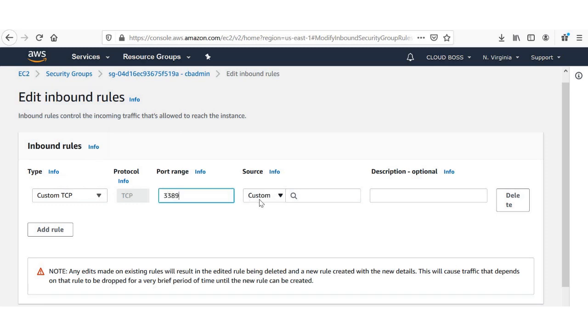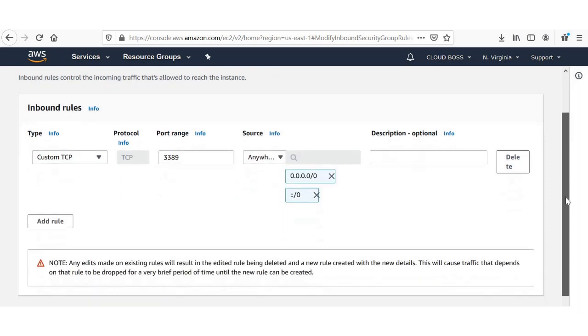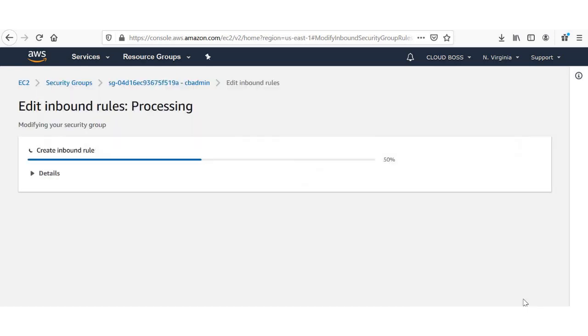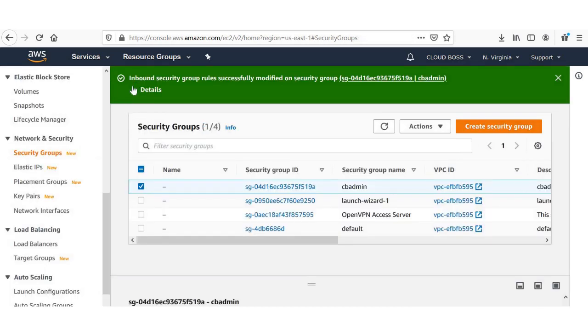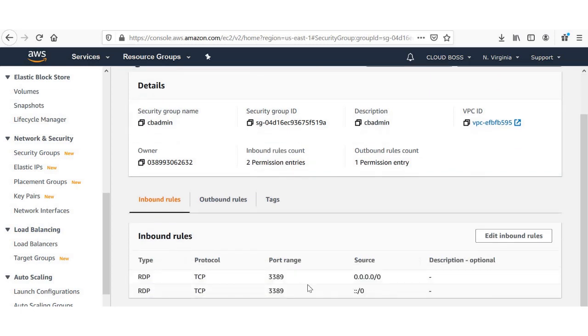You have to open for it, right? Just give anywhere. We can log in from anywhere, and just save the rule, guys. It's showing inbound security group rules are successfully modified. If you come down, see 3389 port is open for this machine, so the user can log in to this Windows instance via 3389 port.